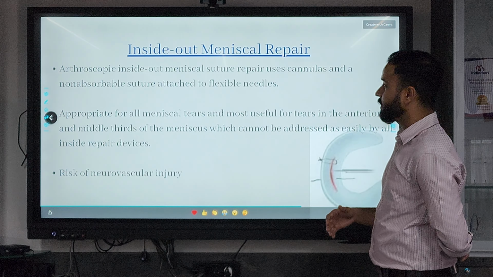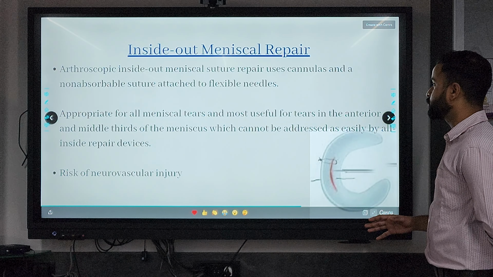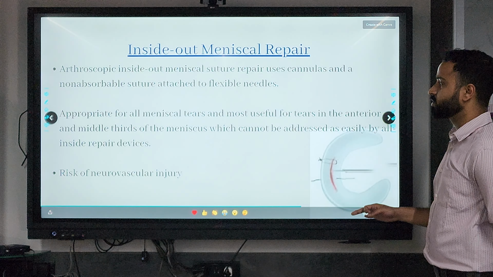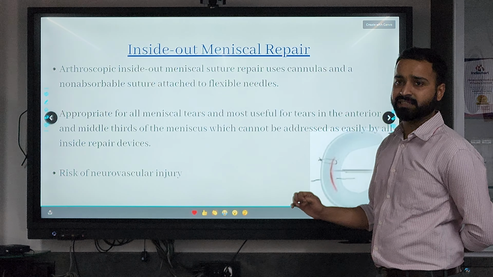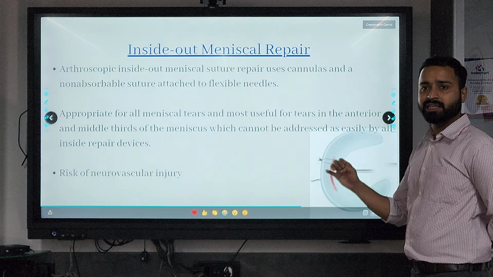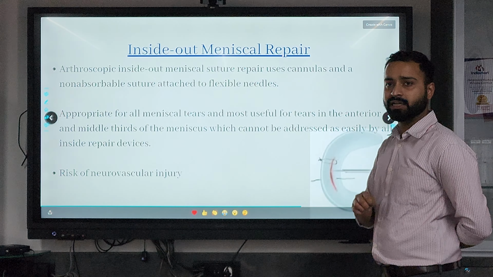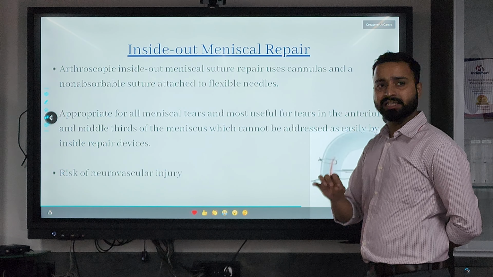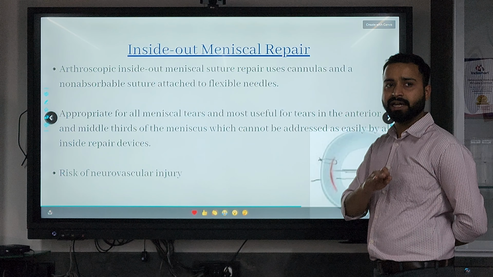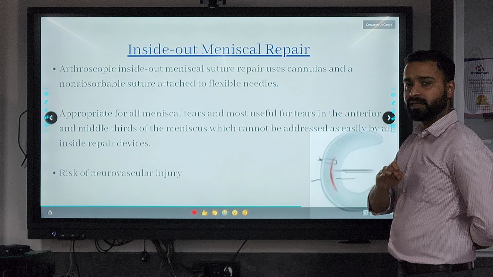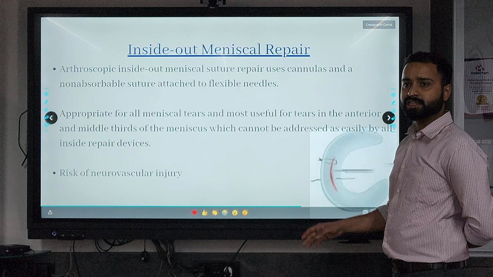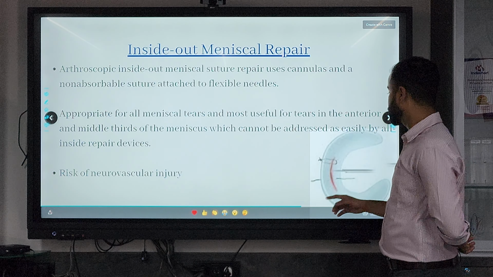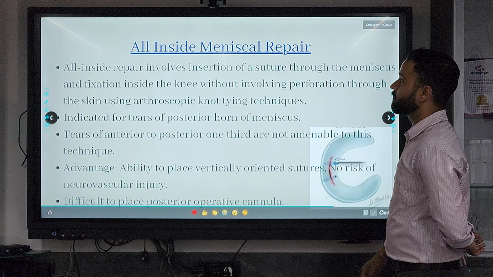This is appropriate for all meniscal tears and most useful in the anterior and middle thirds of the meniscus, which cannot be addressed easily by all inside repair devices. Although with the devices which are available now, with flexible handles, all inside repair can also be done in the anterior horn and the body of the meniscus. As with outside in repair, there is a risk of neurovascular injury which needs to be taken care of.